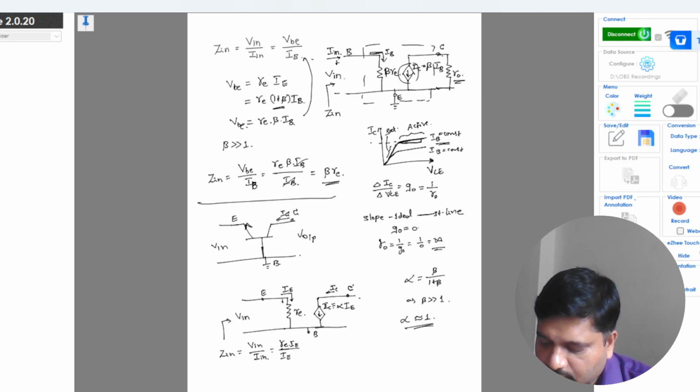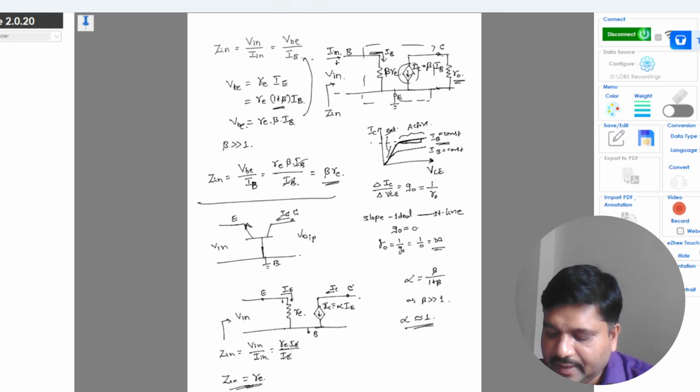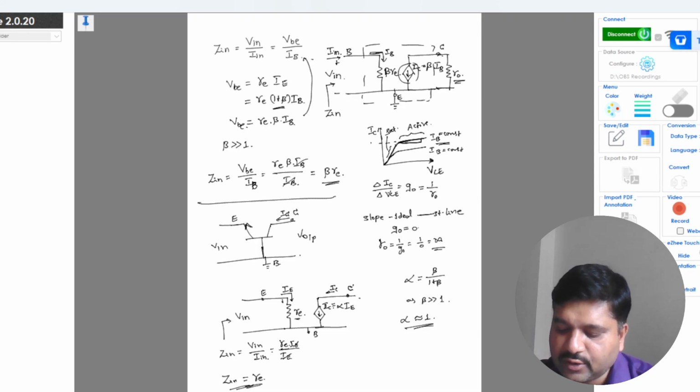IE cancels, and this will be equal to RE itself. So Zin is equal to RE. Okay, so you see here the input impedance Zin will be equal to RE with respect to input voltage and input current